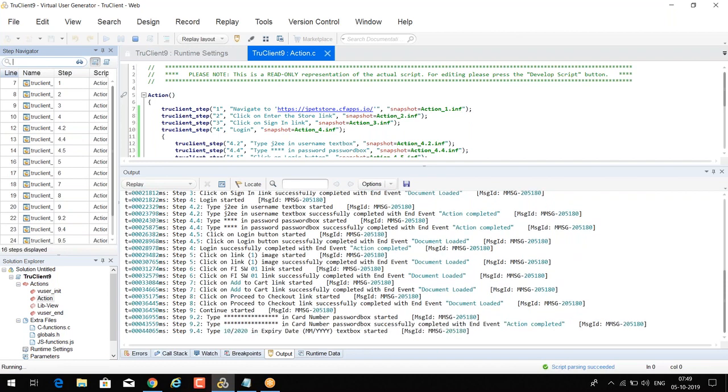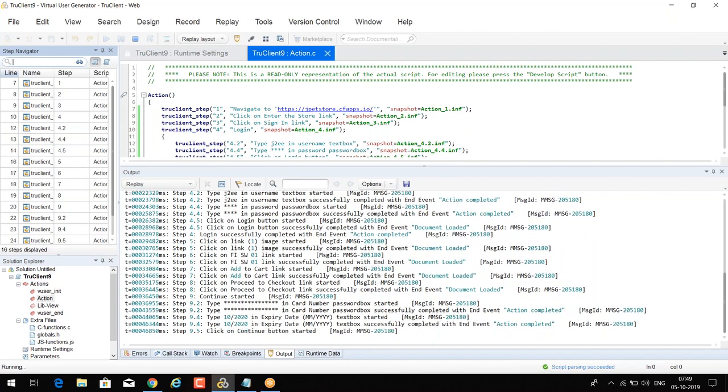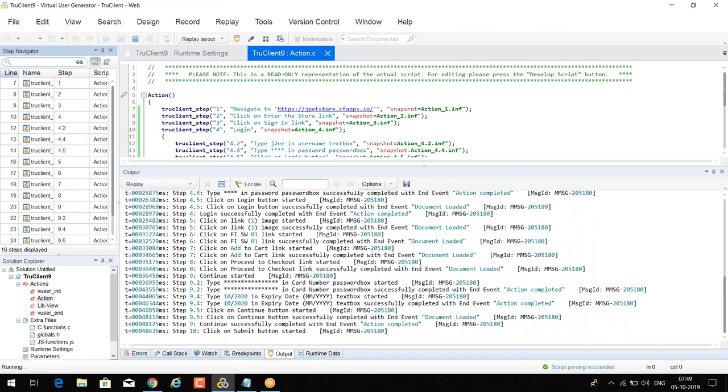It displays all the activities in the logs.